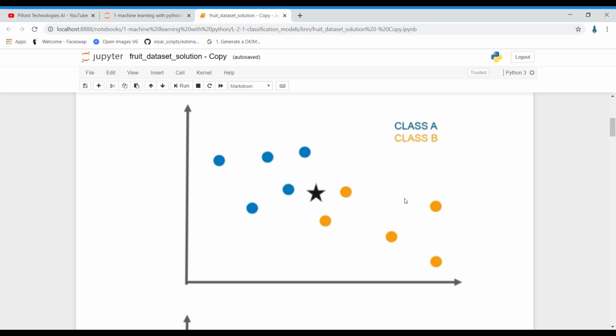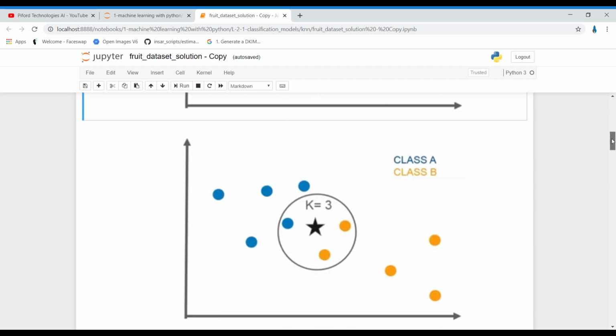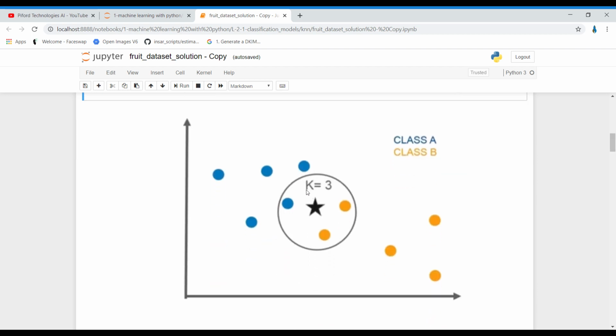While using KNN, we need to tell our algorithm how many nearest neighbors to check. Let me show you with an example. Over here, k is equal to 3. K means how many nearest neighbors.